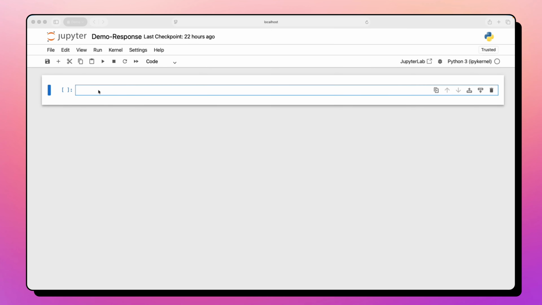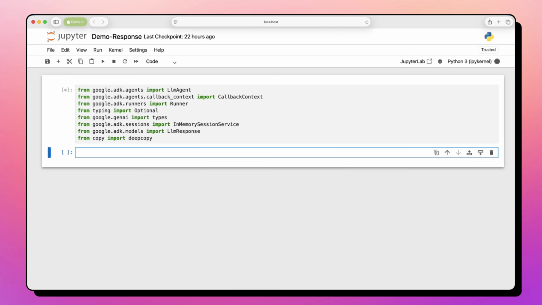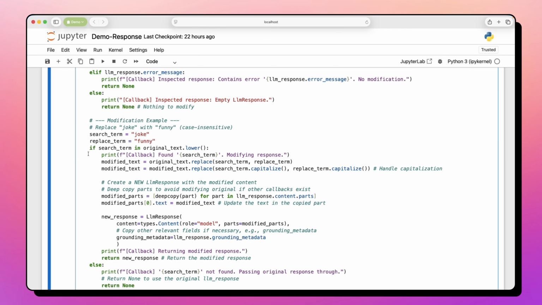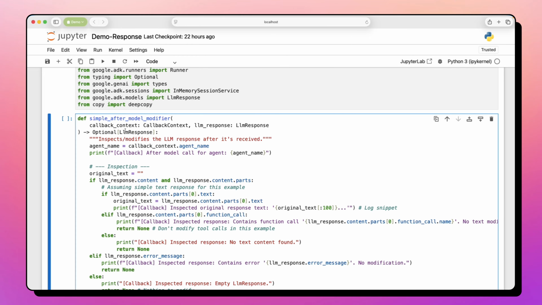All right. I have started with a blank notebook. So let me first start with the imports, and then we define a function that is going to be executed after the model is invoked. So after model modifier. Now we have already seen this. There is a callback context parameter and the LLM response with the optional LLM response output that you're going to send to the agent. So this is basically going to be invoked right after the model has responded with some